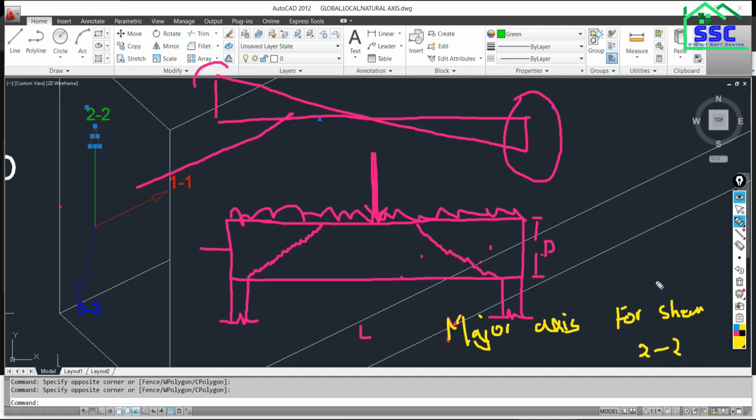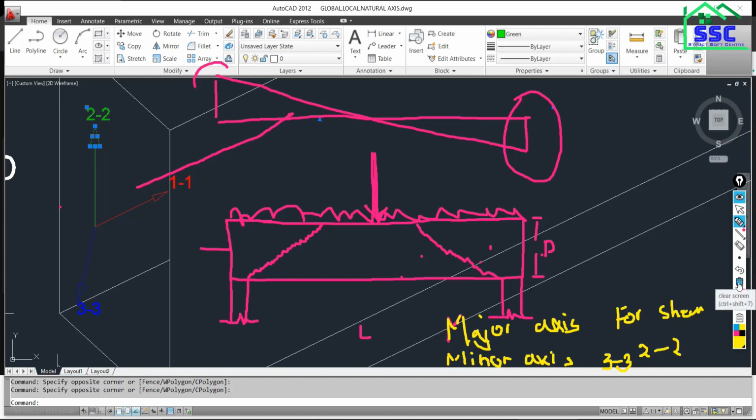And for the minor axis, some shear will also be there along 3 3, but that will be very less. So we are going to consider 3 3 as the minor axis for shear. Have you understood?